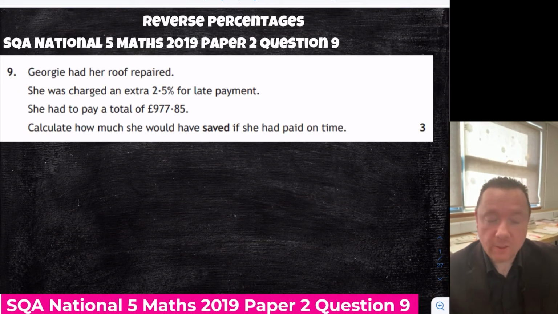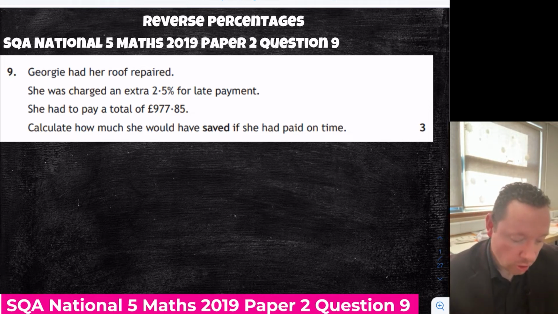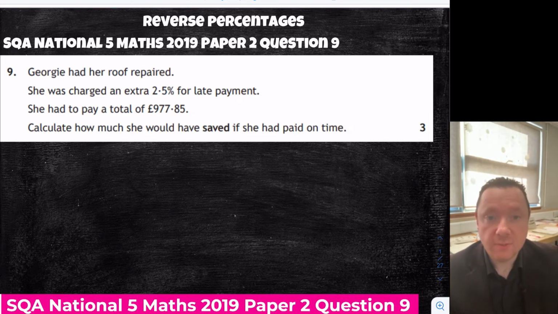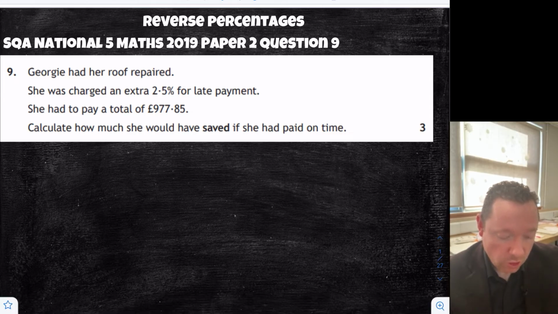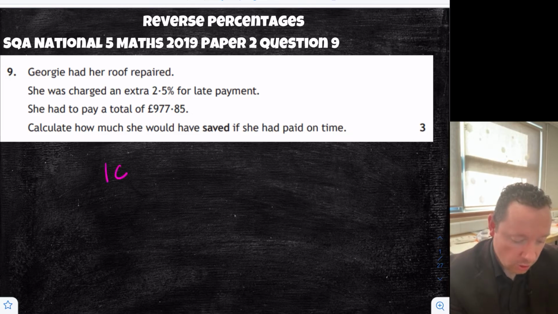National 5 Maths 2019, Paper 2, Question 9. Georgia had a roof repaired. She's charged an extra 2.5% for late payment. She had to pay a total of $977.85. How much would she have saved if she had paid on time? So we need to realise that 102.5%, 100 plus 2.5%, equals